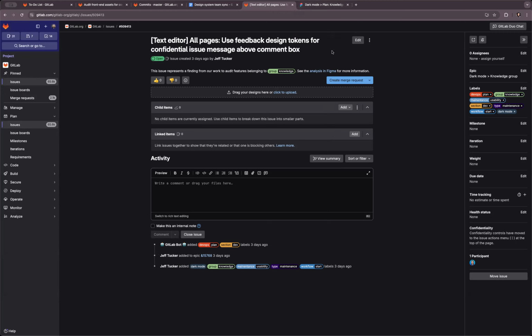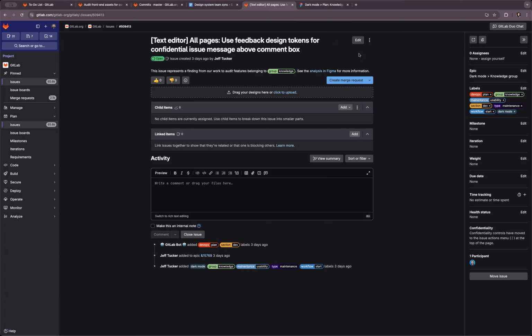Yeah, I wasn't sure what detail to put in these issues. And also, I put them all up with a script because I didn't want to handwrite 40 issues. No, I get that. I think we may just need to go back through and amend the description some more. But the model that I have is that the first section in the title, text editor, all pages, kind of gives